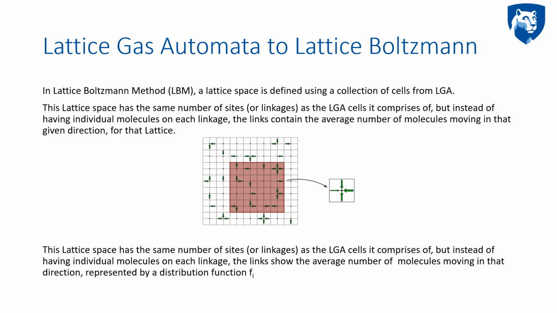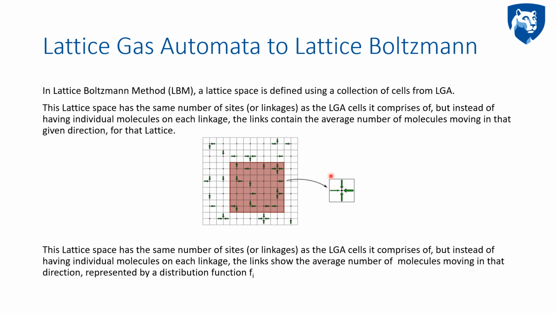So now I'll talk about how we will go from lattice gas automata to lattice Boltzmann. In lattice Boltzmann, we define a lattice space, which can be thought of as a collection of cells from the lattice gas automata. Here I have an example of the previous lattice gas automata grid that I showed. If we take a bunch of these cells and group them together to form one big lattice, this will be one unit of the lattice space